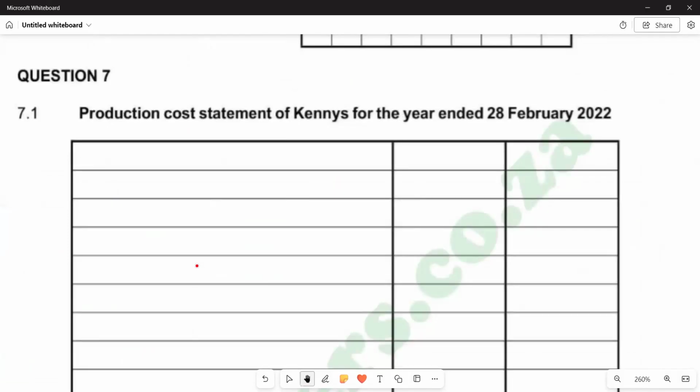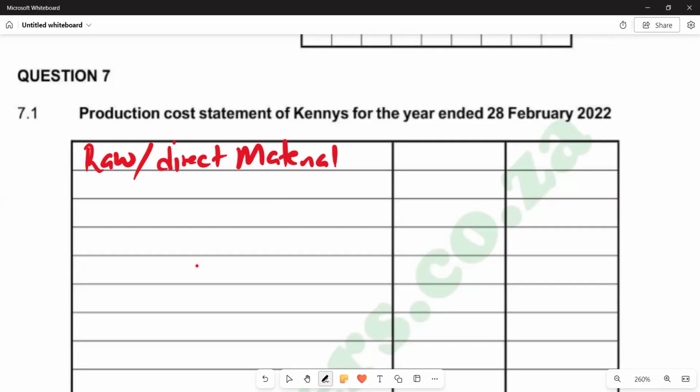So on this production cost statement, remember we said we're going to start by calculating the direct material cost. So we can just say raw. Remember, direct material cost is the calculation of the raw material cost. So we are saying raw or direct material cost. Obviously, we are going to employ a formula there to calculate the cost of the material,